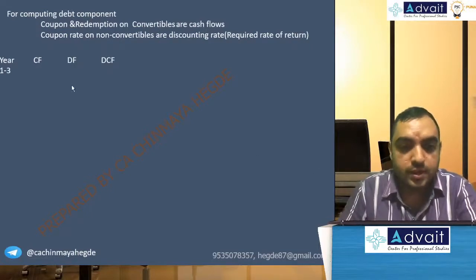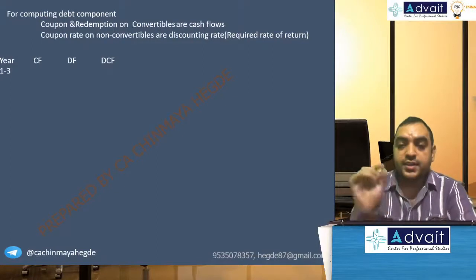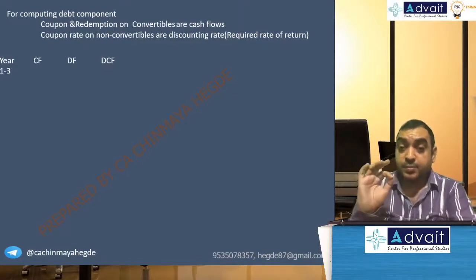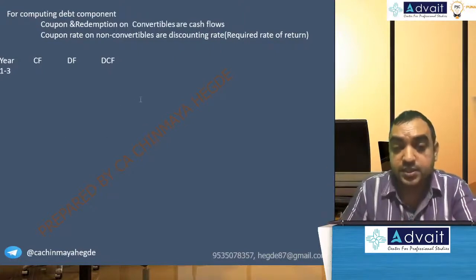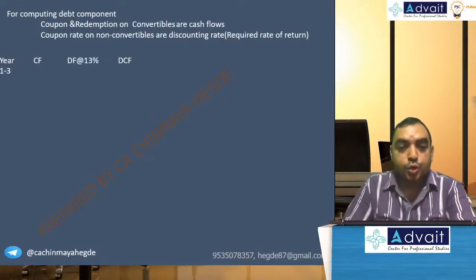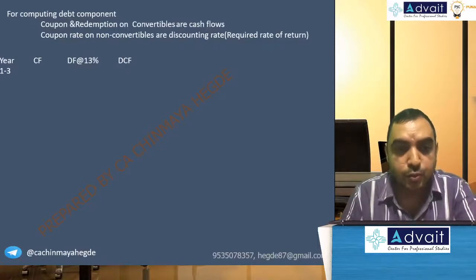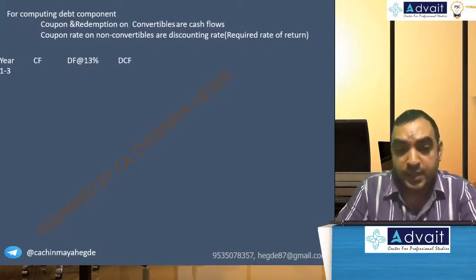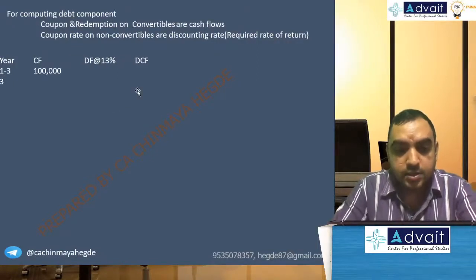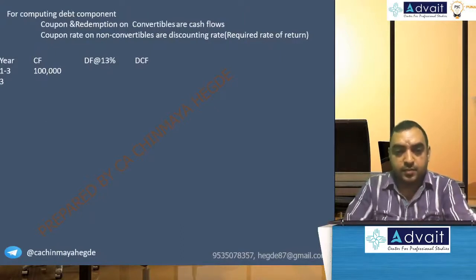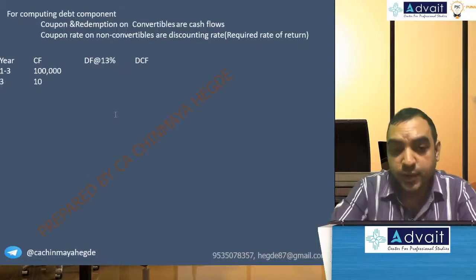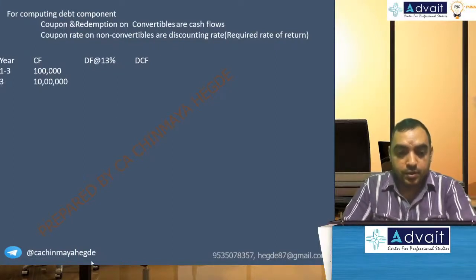Year 1 to 3 years cash flow. Non-convertible rate is RBI base rate plus 4%. RBI base rate is 9%, 9 plus 4 becomes 13%. That is discounting rate. So discounting factor at 13%. Coupon rate, RBI rate plus 1%, 9 plus 1 becomes 10%. So coupon 10% on rupees 10 lakhs. That is 1 lakh. In the last year, redemption price, redeemable at par, nothing else, face value 10 lakh. So discounting rates,